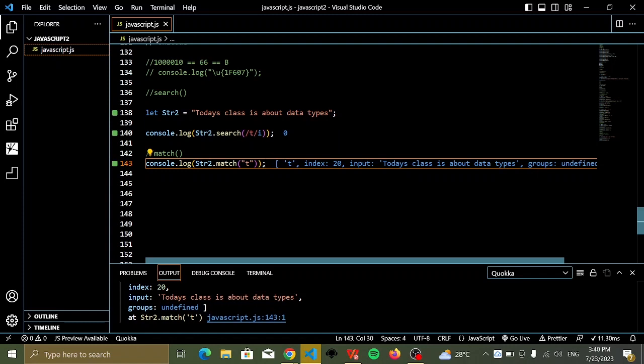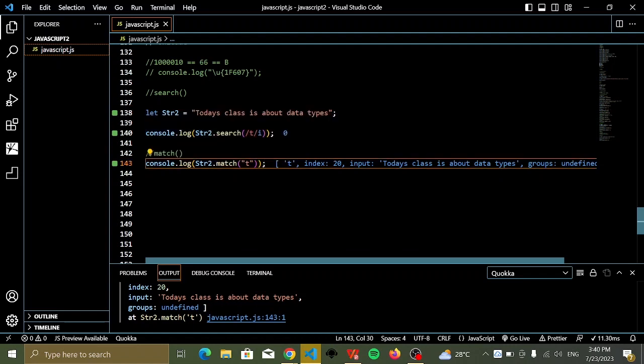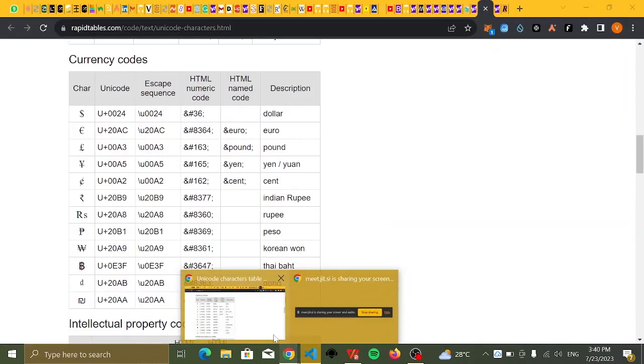Now, when you are using match, you probably want to get information about a letter here, right? You won't really just push out your use of match like that. Match,